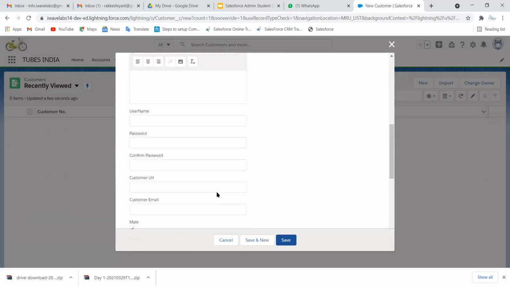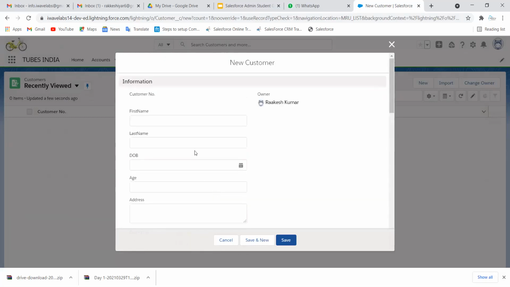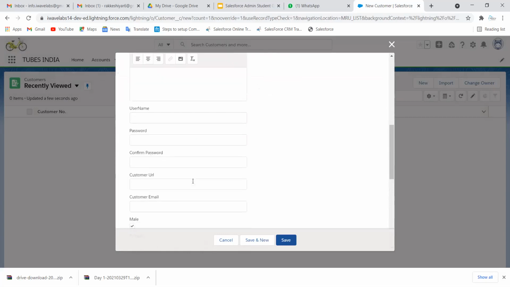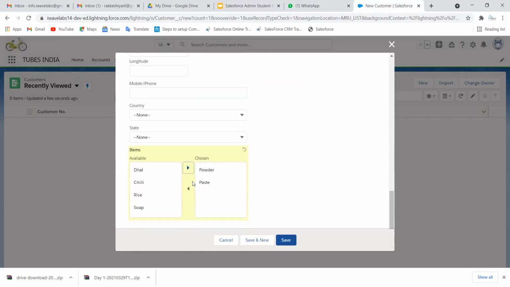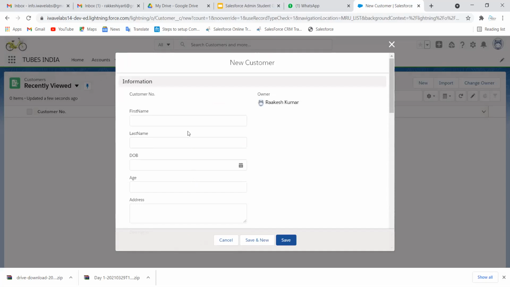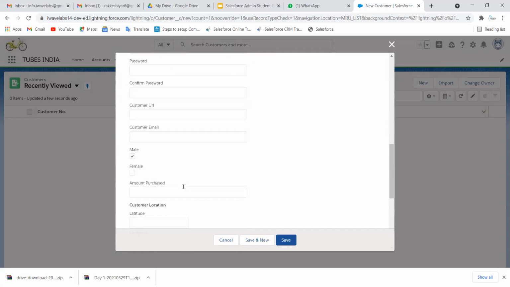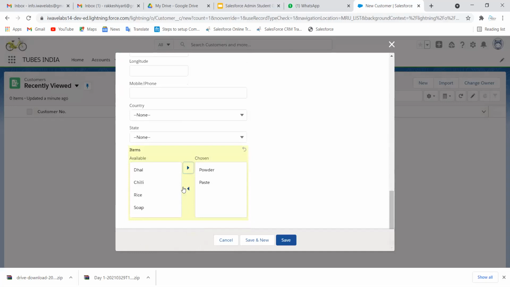So here, nothing is a required field, right? There is no required field, right? Later on also we can store it, right? If there is any required field, you must enter it. As of now, there is no required field here. And everything is optional. If you want, you can add it, right?